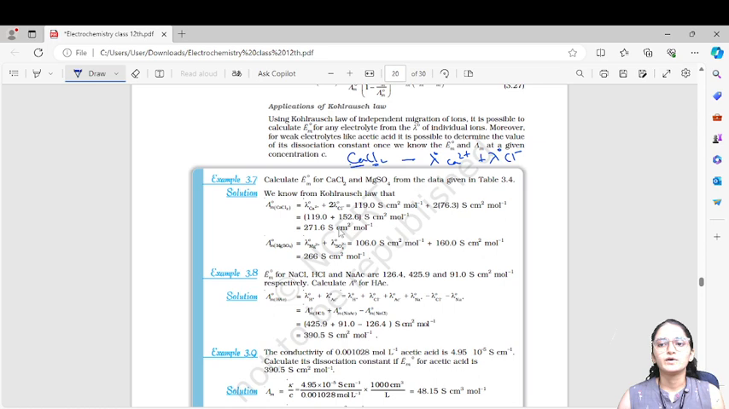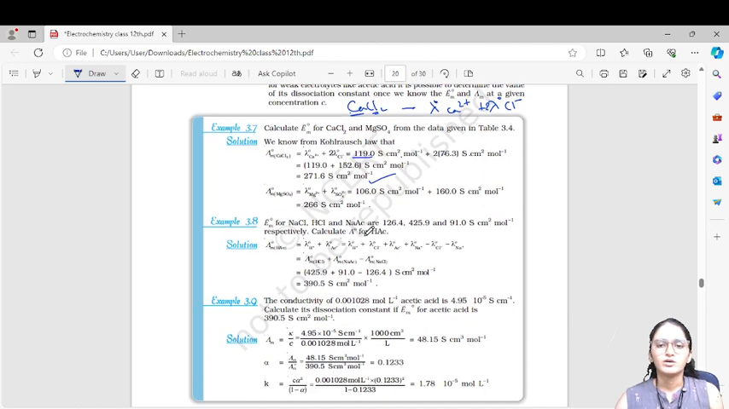We cannot take 2 over here or Cl2 over here, because Cl exists in this ion. So we have to do 2 into lambda naught of Cl minus. These values are given in the table, but we will see directly over here. Calcium value is 119 Siemens centimeter square per mole, and 1 chlorine value is 76.3 Siemens centimeter square per mole. We multiply and we get the value according to Kohlrausch law. That is the molar conductivity of calcium chloride. Similarly, we have to find it for the other